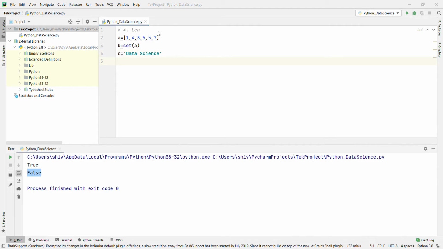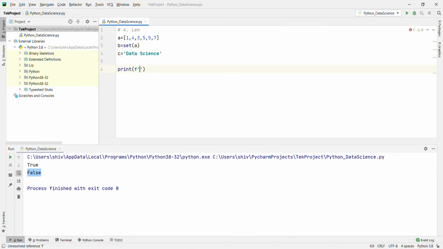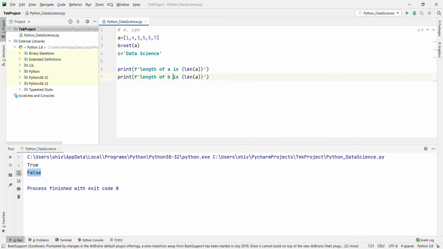Okay, now we are going to print length of A is len of A. Okay, copy, and we are going to paste: length of B is len of B. Okay, length of C is len of C.